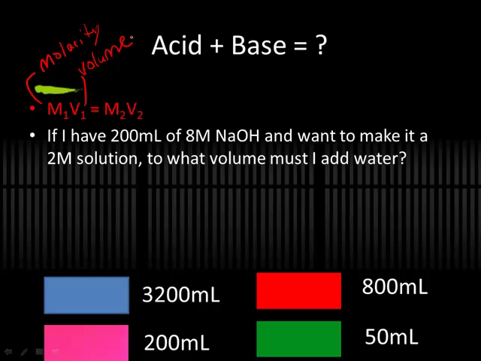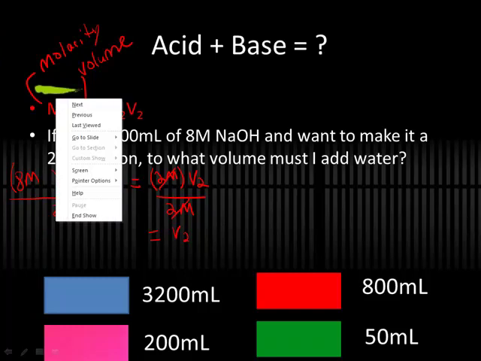Alright, so we have 200 milliliters as our V1, and we also know it's an 8 molar solution. So M1V1, we're good. Equals, well, we know we want it to be a 2 molar solution, so that's our M2, but our V2 we don't know. To solve for it algebraically, we must get V2 by itself. So we divide this side by 2 molar, divide this side by 2 molar, that'll cancel, V2 equals